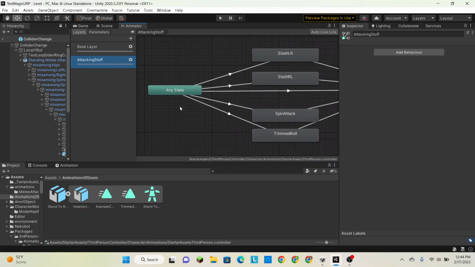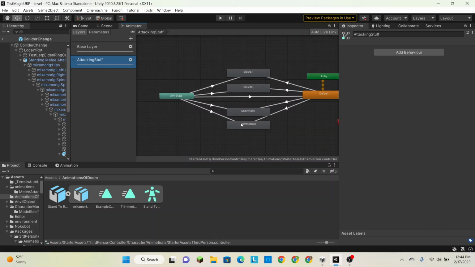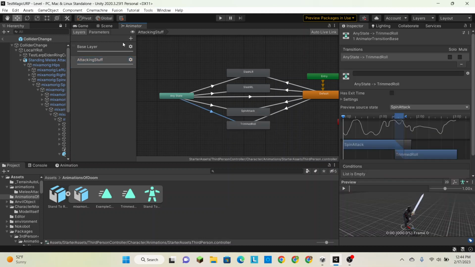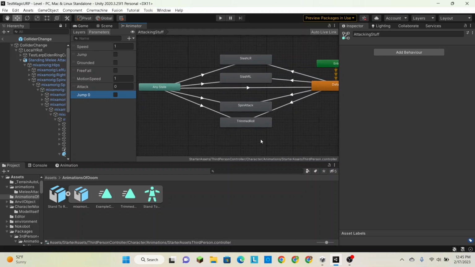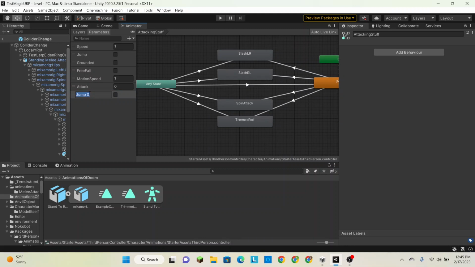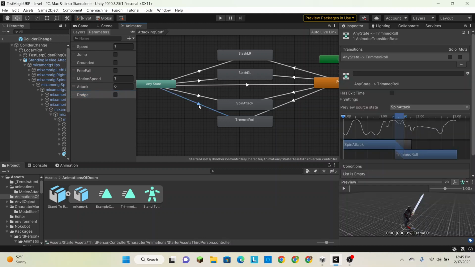Okay, back to this. Now all I have to do is go and adjust the parameters. So right now I have a bool, and I'll show you how to make these. So bool jump, and it automatically named it jump 0 because I already have a jump. And then when I wanted, actually I'm going to name this dodge, and then right here